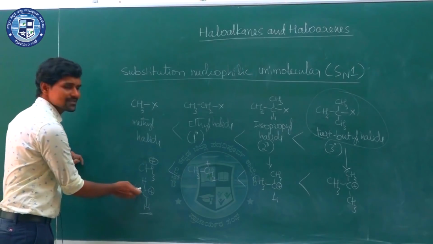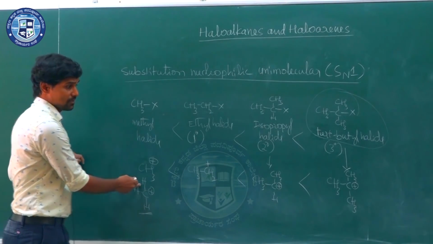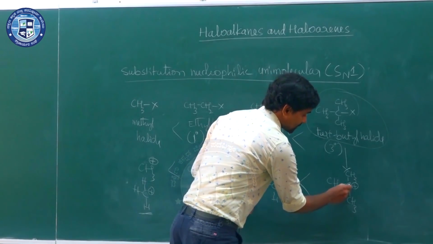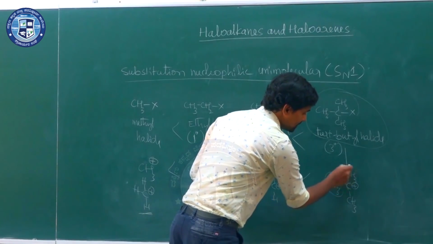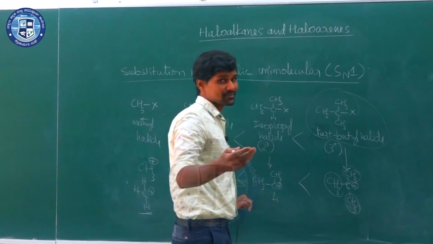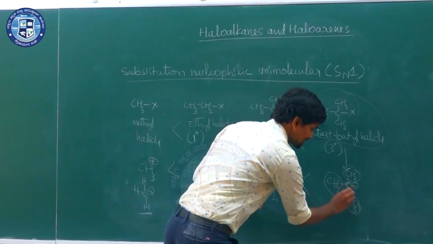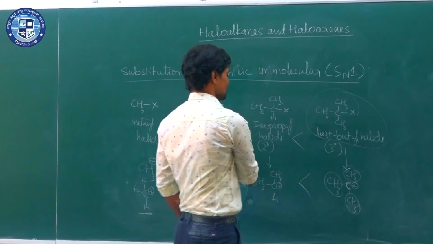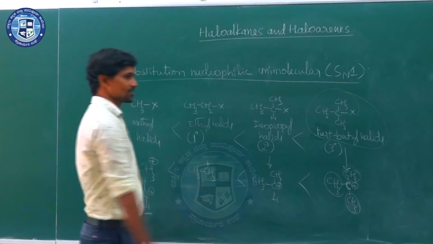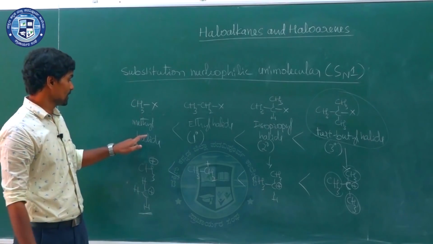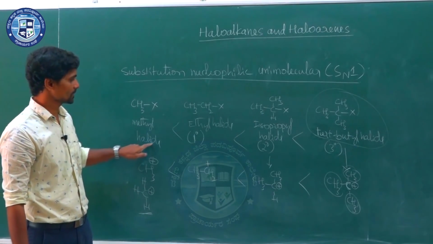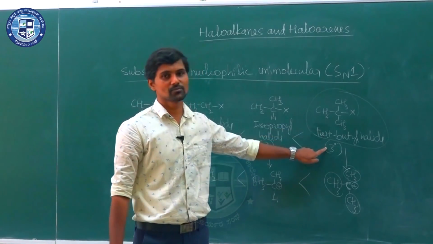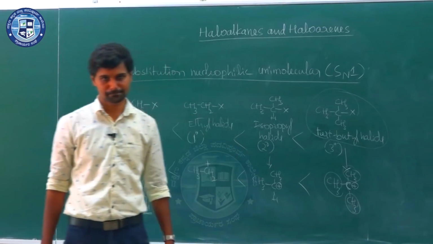Okay. So, it is the least stable carbocation. But when you look at the tertiary butyl carbocation, this carbon having positive charge is attached to 3 methyl groups. You know, methyl groups are electron donating groups, so they compensate the charge of the carbon ion, so it has high stability, and that is the reason the order of reactivity for SN1 mechanism will be methyl halide less reactive than the ethyl halide, than the isopropyl halide, than the tertiary butyl halide, and this is the order of reactivity.